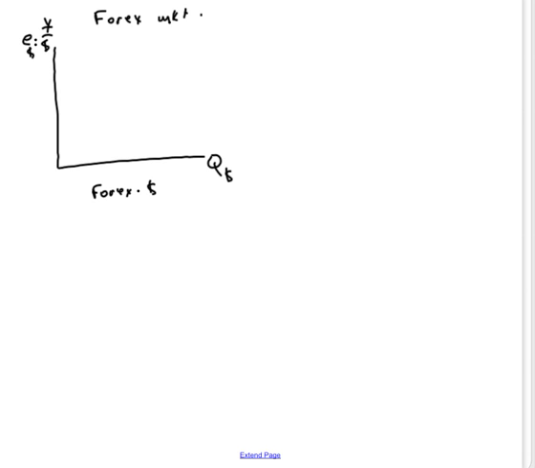In the foreign exchange market, on the vertical axis we have the exchange value of the dollar, which always has the foreign currency on top. Let's say yen per dollar. That's the exchange value of the dollar. There's the quantity of dollars in the foreign exchange market for dollars. So in the foreign exchange market for dollars, in this case I'm doing dollars and yen, there's some